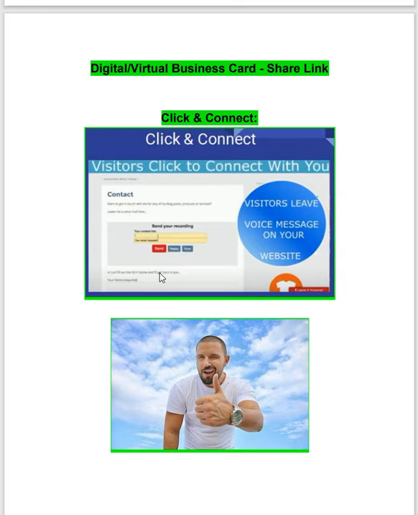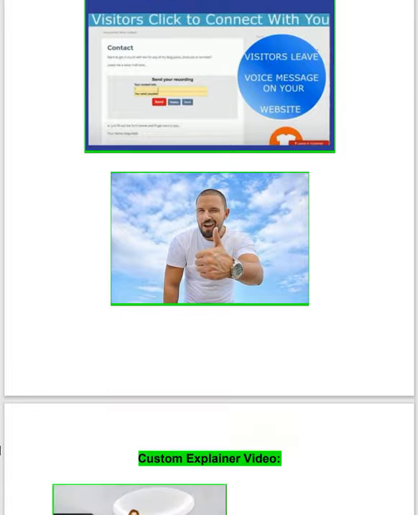Okay, so when you explain click and connect to your customers, they will love it. This is a really good feature because you don't need a business phone. Whenever you have this click and connect feature on your website, people are leaving a message, and it is going to your voicemail. So the business does not have to maintain a business phone. That is a monthly saving for them, and also for you, because for all of our landing pages or websites, we will be giving you the click and connect feature as well. Okay, so you can give this away for free.